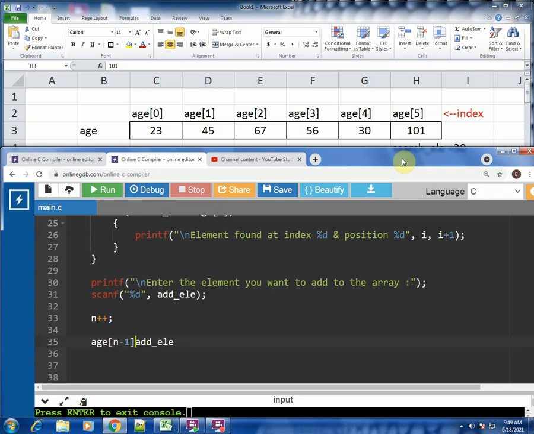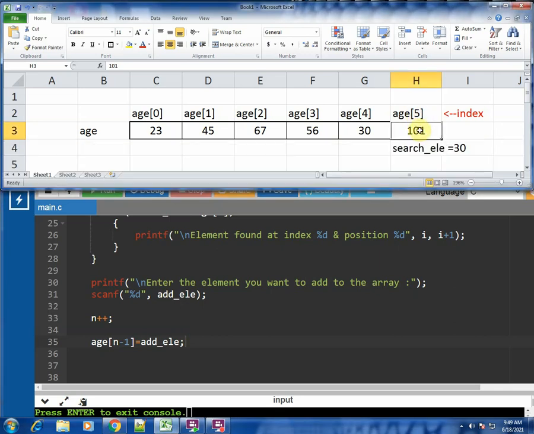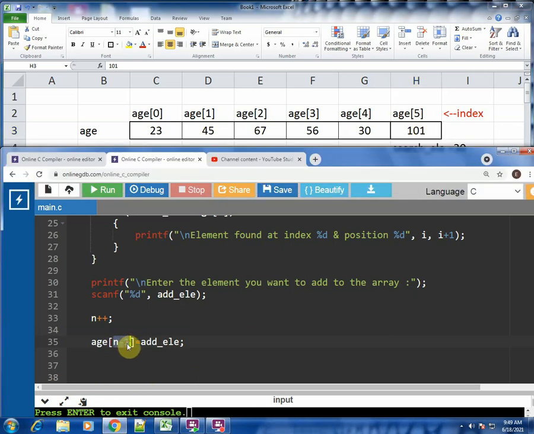I will explain to you what is n minus 1. Which means if n is suppose say 6, right now there are 6 elements, 1, 2, 3, 4, 5, 6. So n is actually 6. If n is 6, this index is 6 minus 1, 5. Hence I need to write n minus 1. If you write n over here, it is incorrect, because always indexes are one number lesser. Remember that. Hence it is minus 1. Once you do this, you have added that element in the end position of the array.